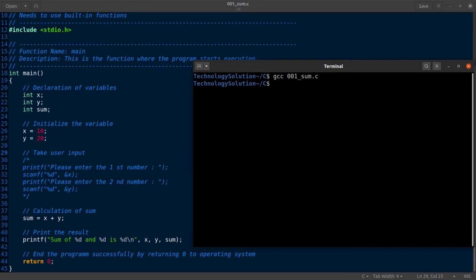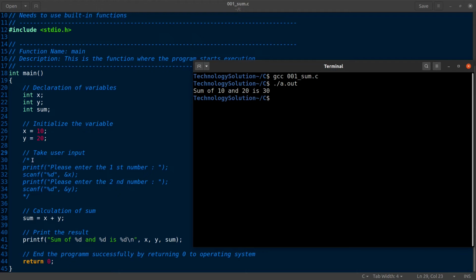If you want, you can run this program in Dev C++ or Visual C++ or other C compilers also. So x value is 10 and y value is 20. The sum is simply 30.